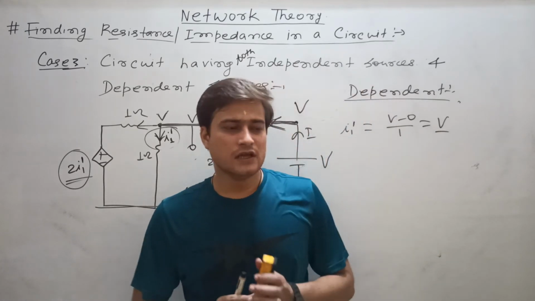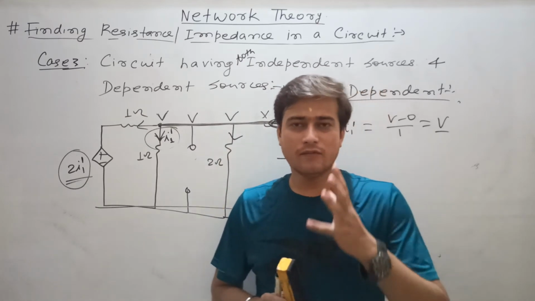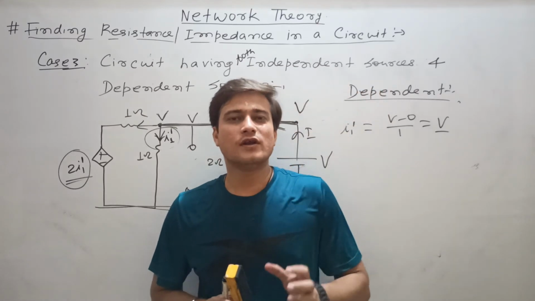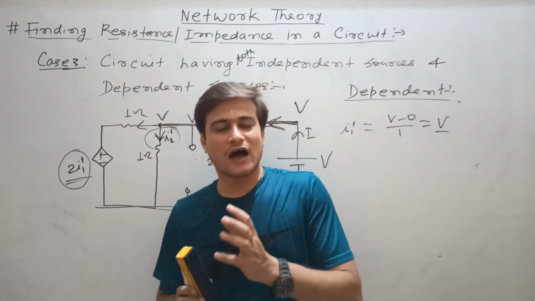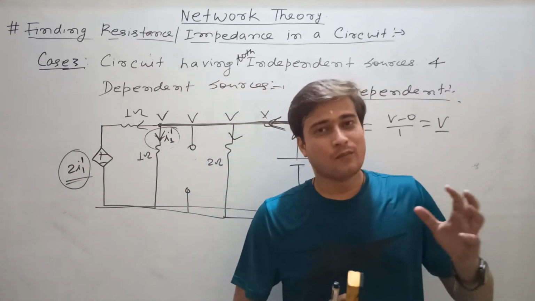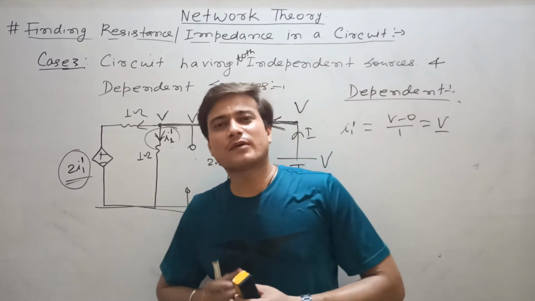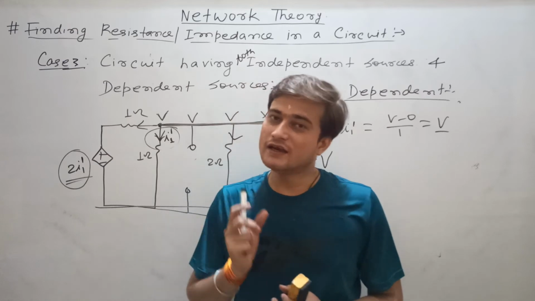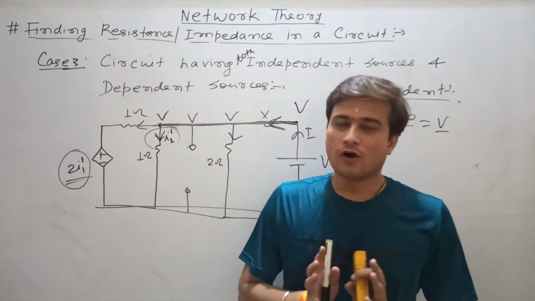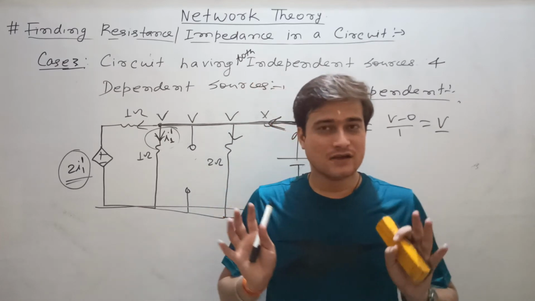The reason is you will have to see the majority of branches. If at a particular node the majority of branches are outgoing, then you take outgoing as positive. If the majority of branches are incoming, then you take incoming currents as positive. Although there is no particular rule for this concept,